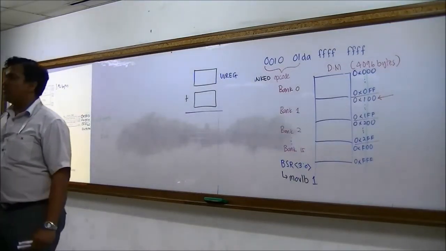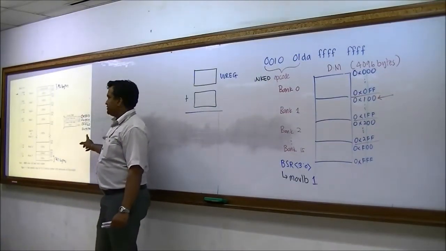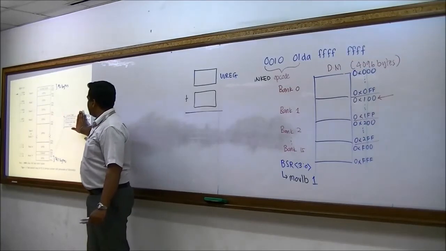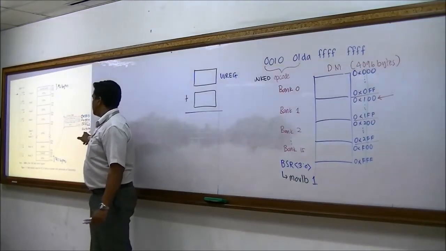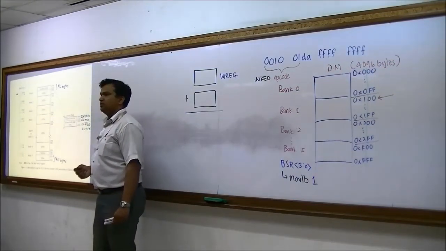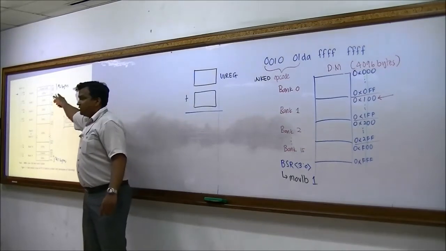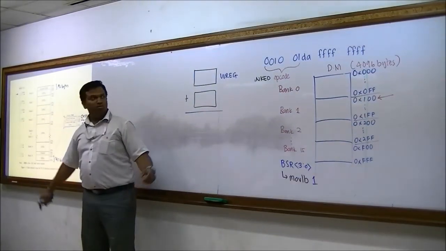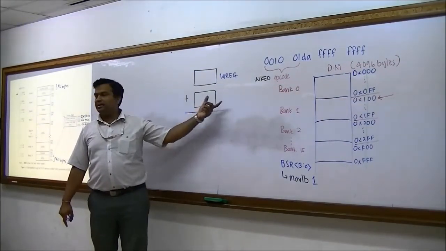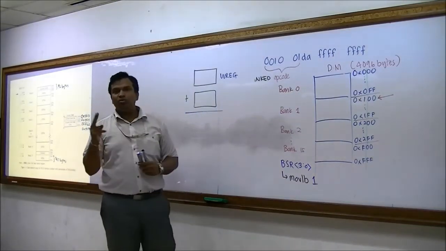But instead of using that, if you use access bank, the actual range of the address is 00 until FF. It has only 2 hex digit address. So instead of using the normal data memory, you can actually use the access bank file register. So access bank file register has only 2 hex digit.